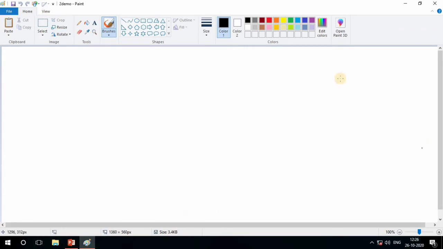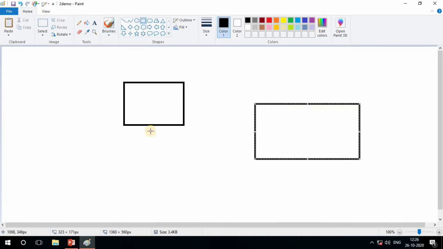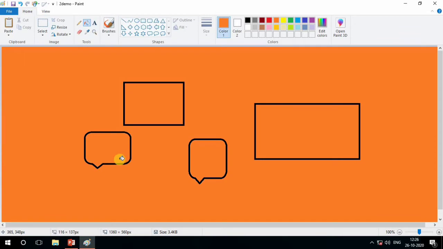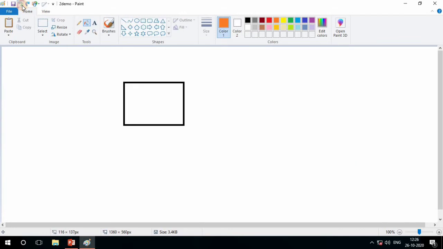Now see, we are drawing using different shapes, right? In the previous lecture, what was I doing? Simple, just taking these shapes and putting them here, drawing and filling the color. Yes, I am doing this in every lecture, right? But now see, I want to do something new using this select shape, copy, paste, resize, and the rotation also.